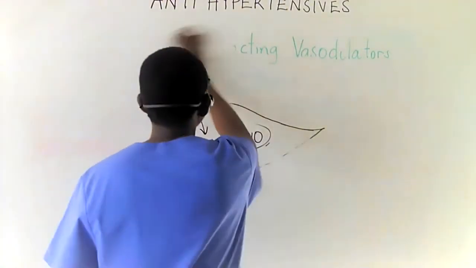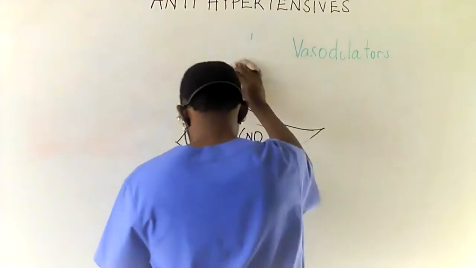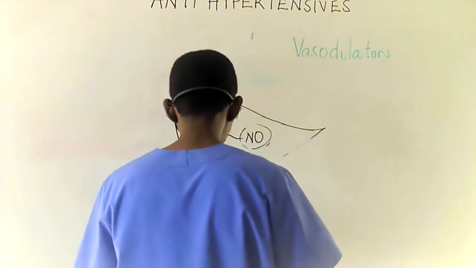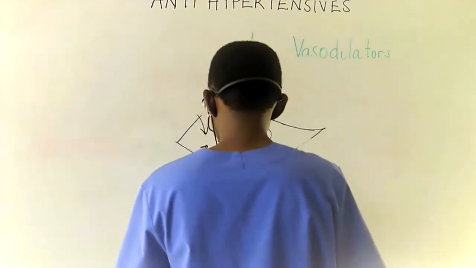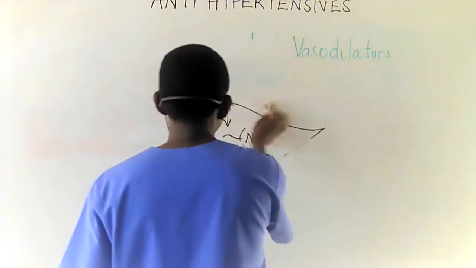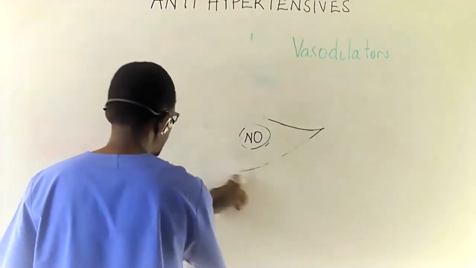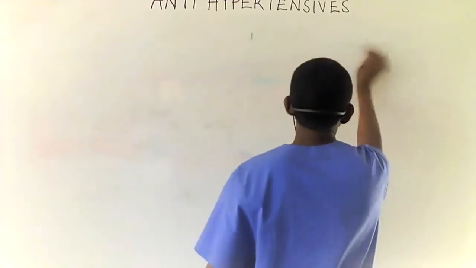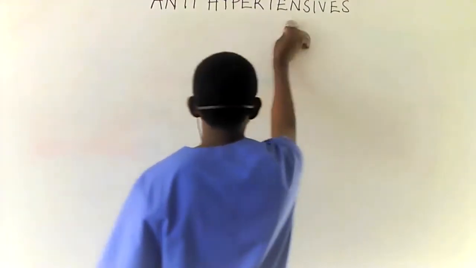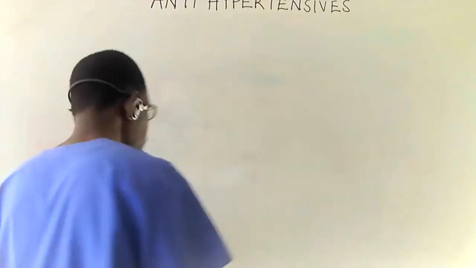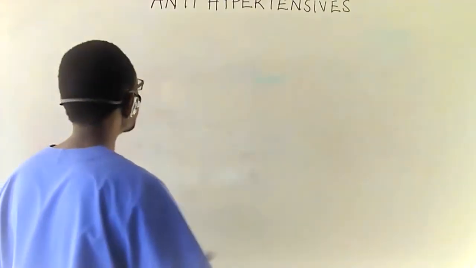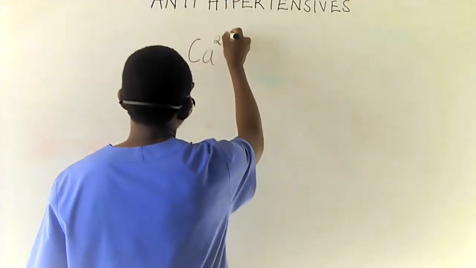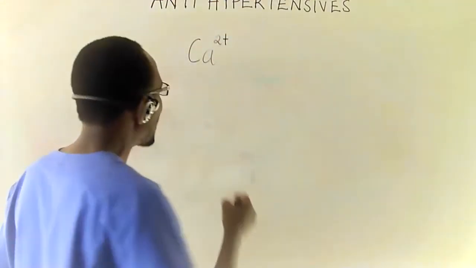The next category of antihypertensives that we are going to look at are what we refer to as the calcium channel blockers. So with the calcium channel blockers,